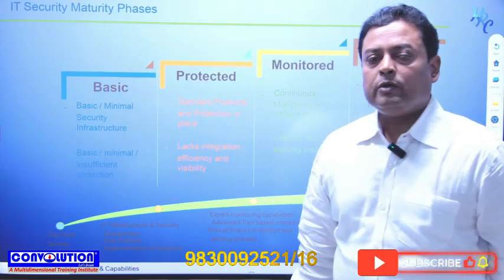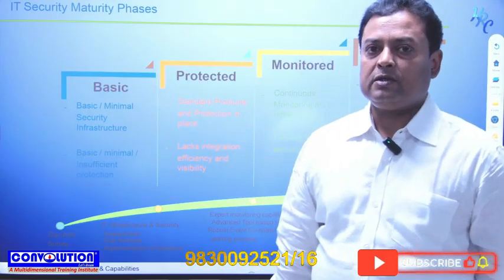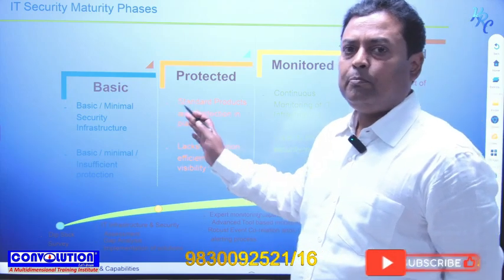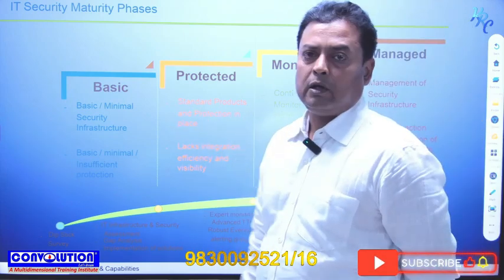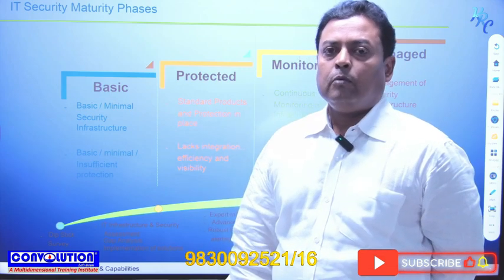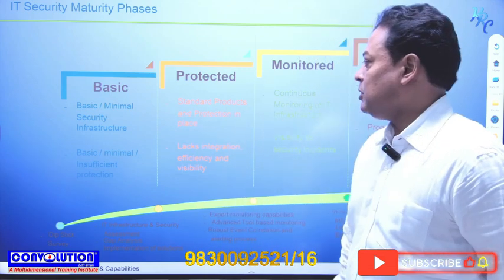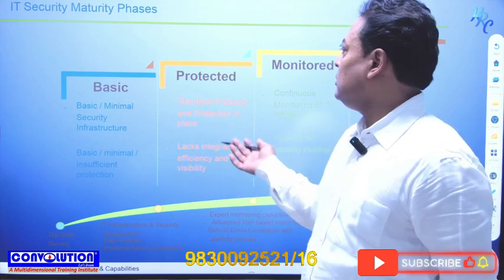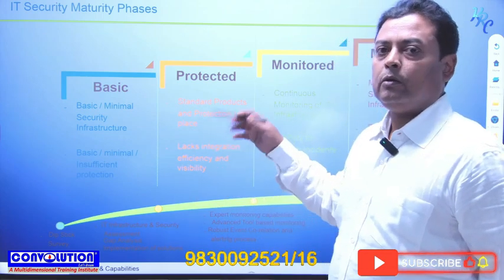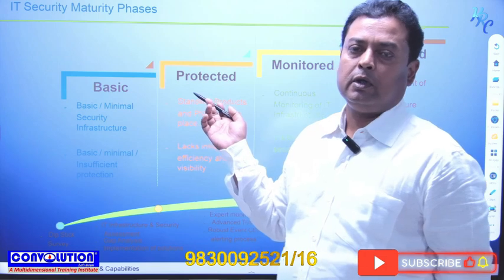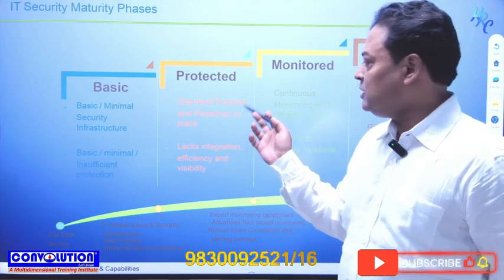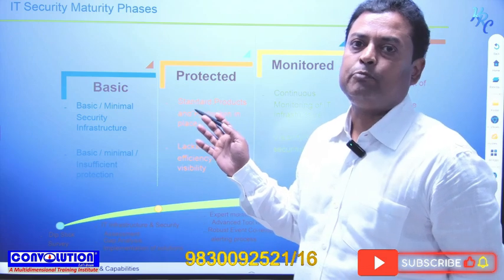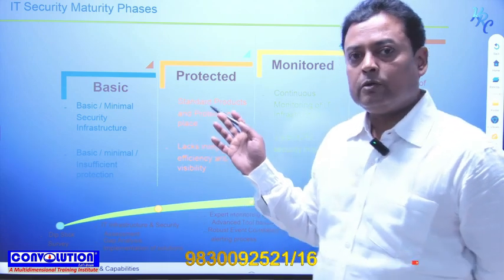So here also there are four stages. In the first, basic cyber security measures, we just do the basic minimal infrastructure security. But then there is a risk because that is insufficient. So from basic we can go to protected services. In the protected services, what happens is that we implement standard policies and protocols, but that is also not enough